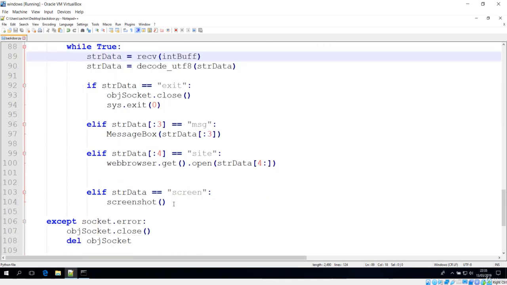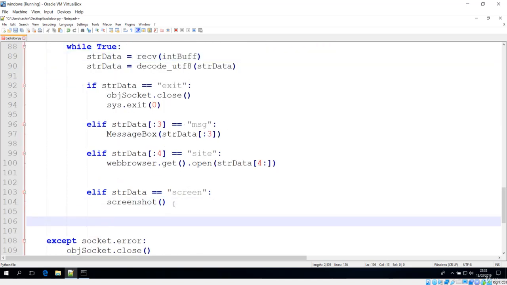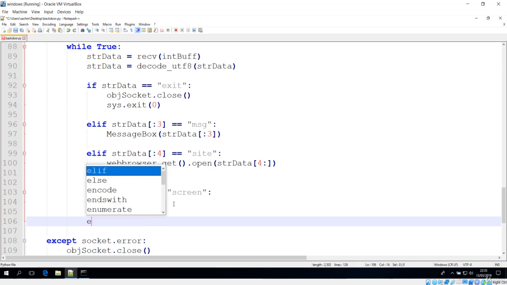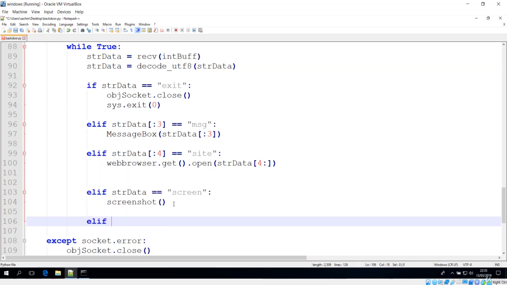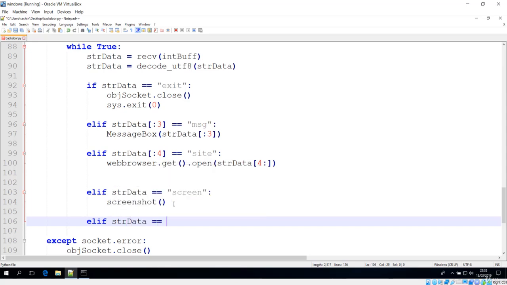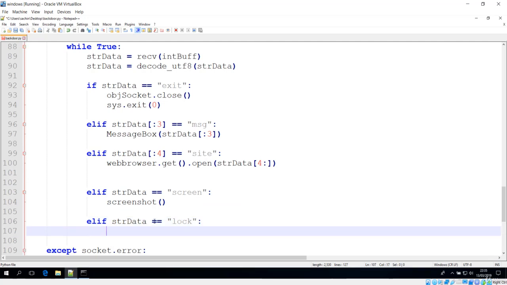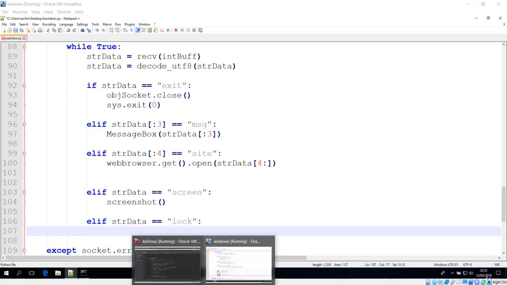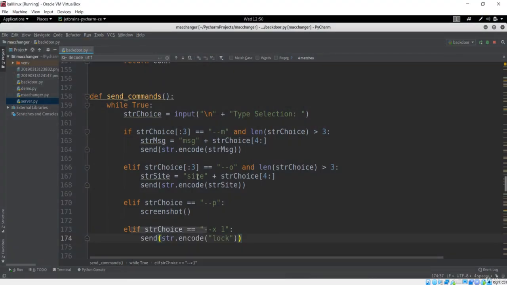After this, I want to make another elif statement: if the string data sent from the server is log. This is because we have sent log as encoded information from the send command.